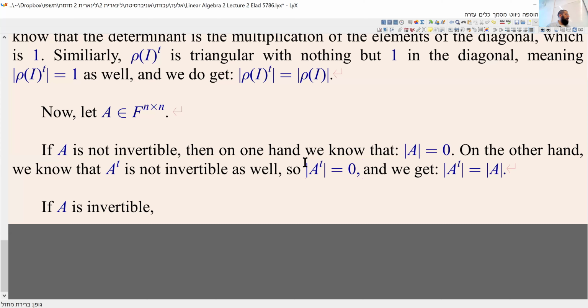Now, in the elementary matrices language, it means that we can multiply A with some row operation elementary matrices and get I. If A is invertible, there are row operations